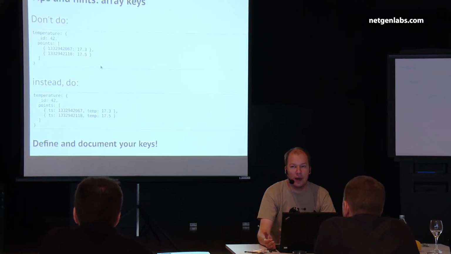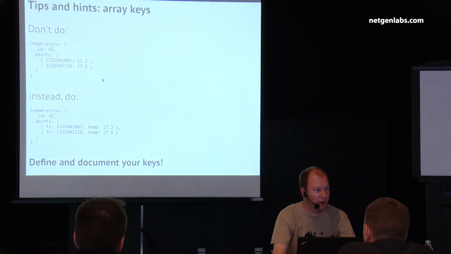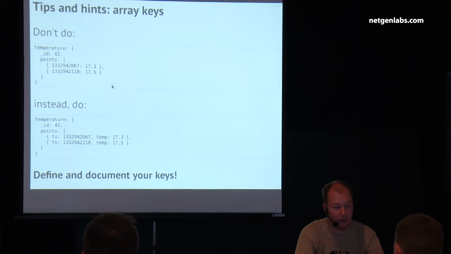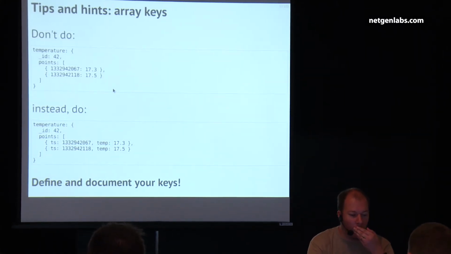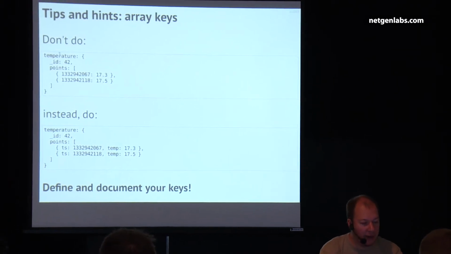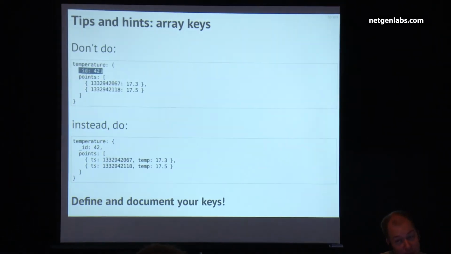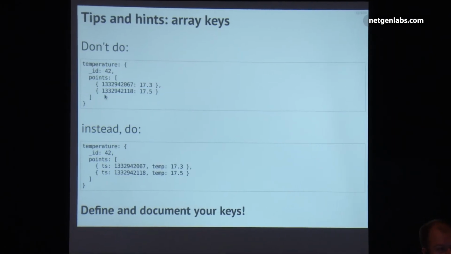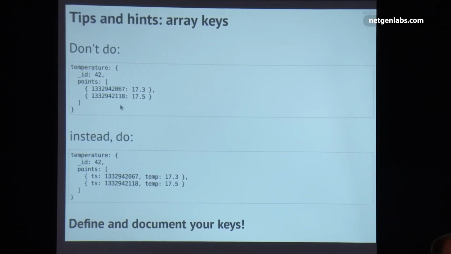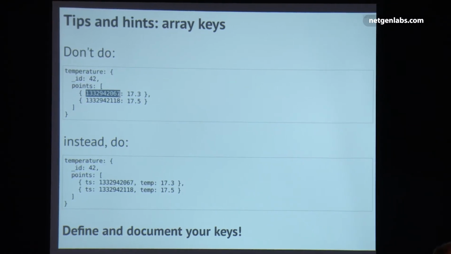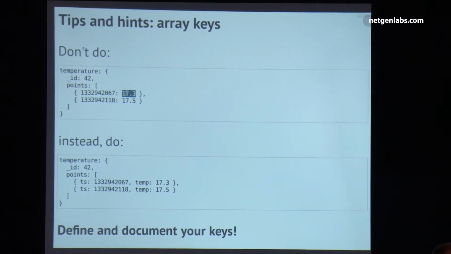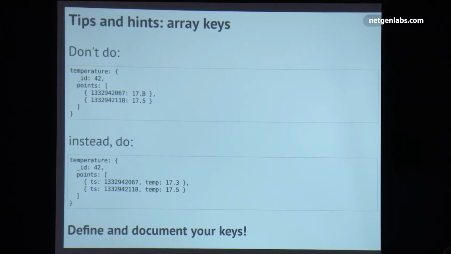All right, so a few other tips and hints about storing data. Say, for example, you have a system where you want to store temperature information for loads and loads of sensors. And each document here is a specific sensor. So what I've been doing here is, the ID of the sensor is 42, and then I store the points. The points are the data points it collects. So we have the key, which is the Unix timestamp, and the value. So it basically says at this time, the temperature was 17.3 degrees Celsius, or Fahrenheit, doesn't really matter, it's a number